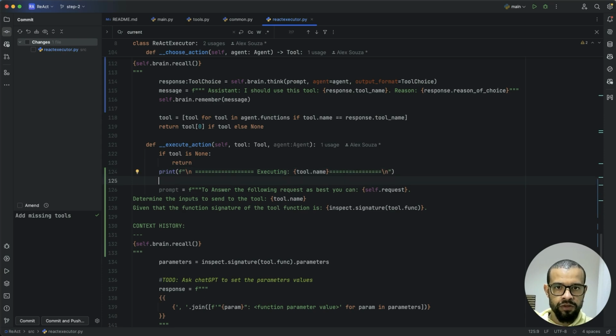So inform that you're executing this, then the context history is this, and we have the parameter in here, and based on the parameters,